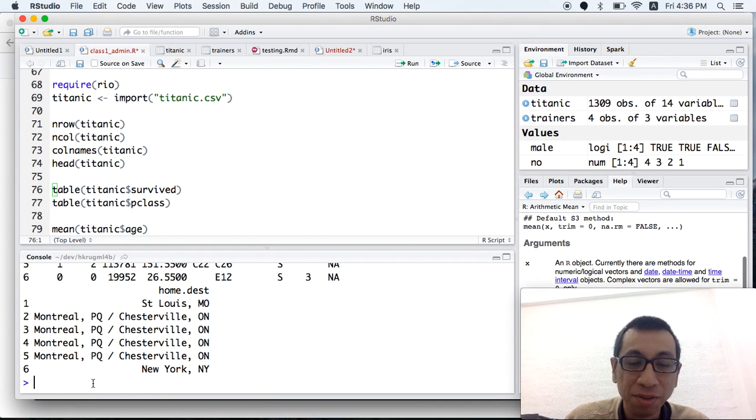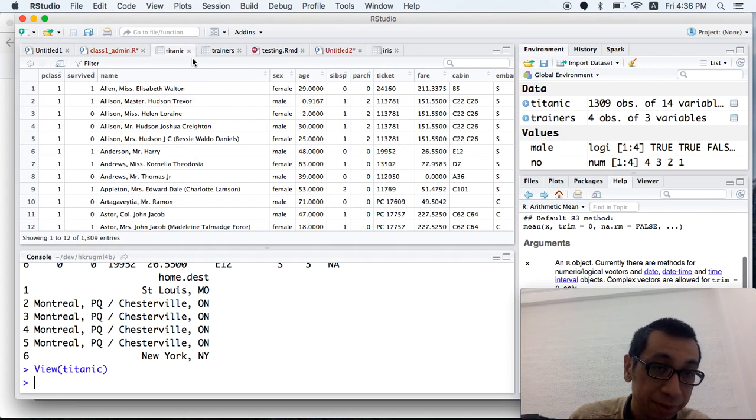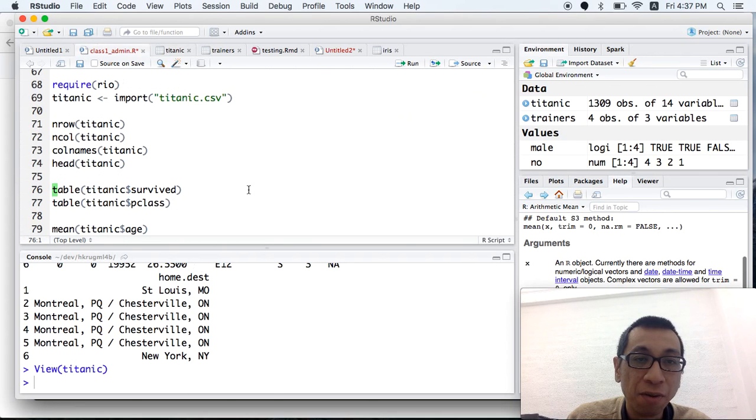Of course, you can use View to look at the Titanic data set in table form.